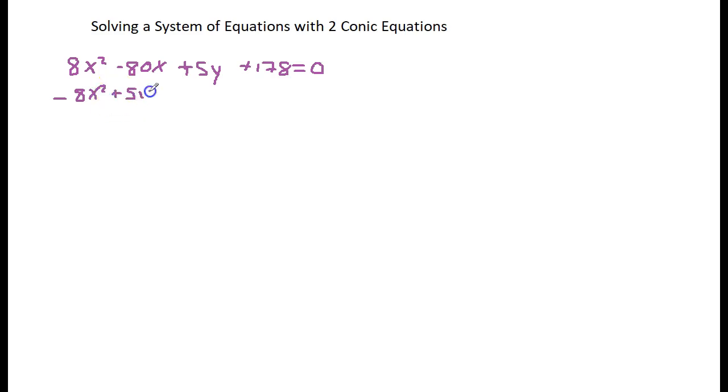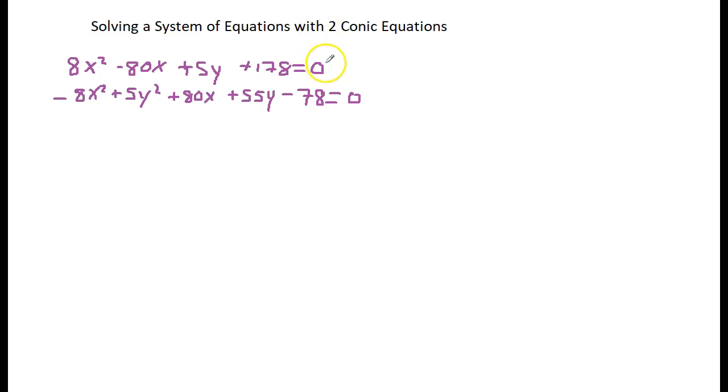plus 5y squared plus 80x plus 55y minus 78 equals 0. Okay, if I look at these two equations, if you notice the x squareds, I have, well, first